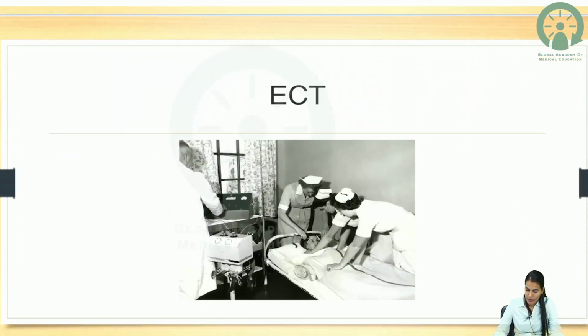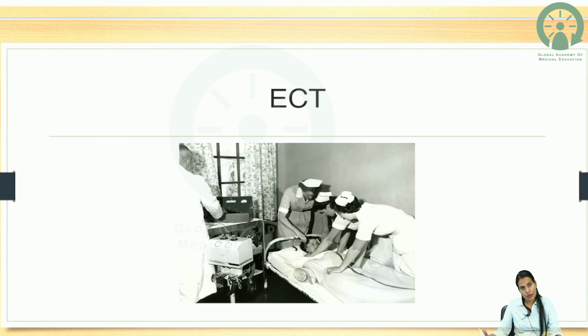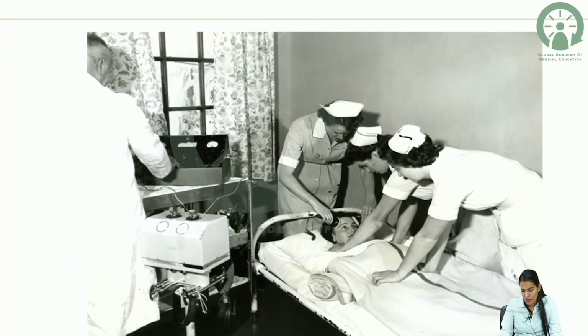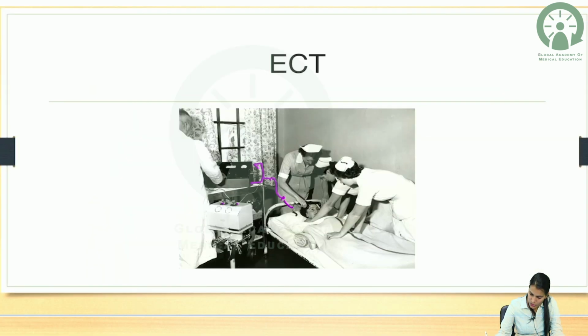Another somatic treatment is ECT, which was one of the initial, pioneer somatic therapies. This is a visualization picture where we have an electroconvulsive therapy machine. These are the voltage fixing devices, and from here the current is delivered. A wire is connected and there is a headband. In the head of a person, say if this is the face of the person,